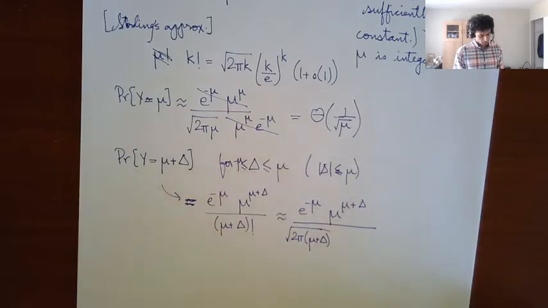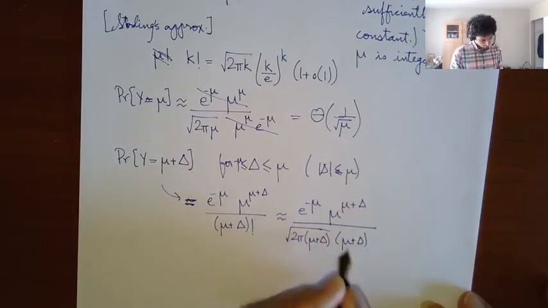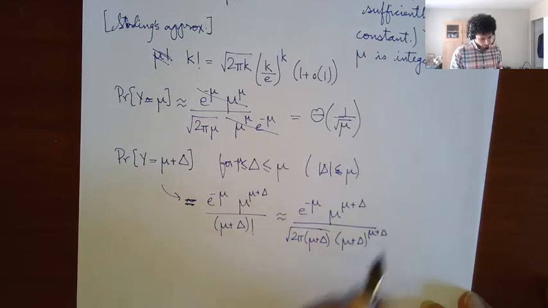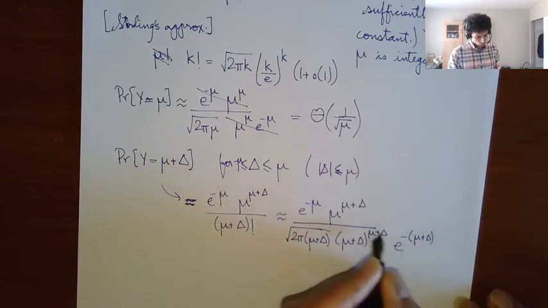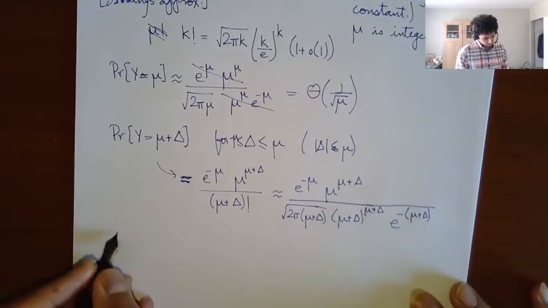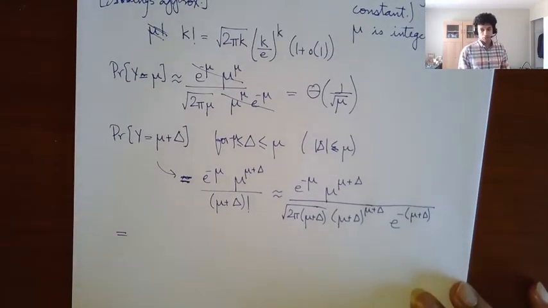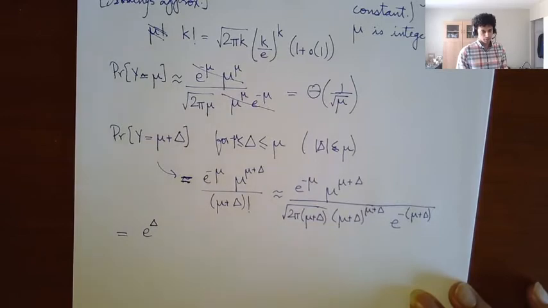I get square root 2 pi mu. Then I get mu plus delta to the power mu plus delta, and e to the minus mu plus delta. Okay. Now let me move things around a bit. The e to the minus mu and e to the minus mu will cancel. So I get an e to the delta in the numerator